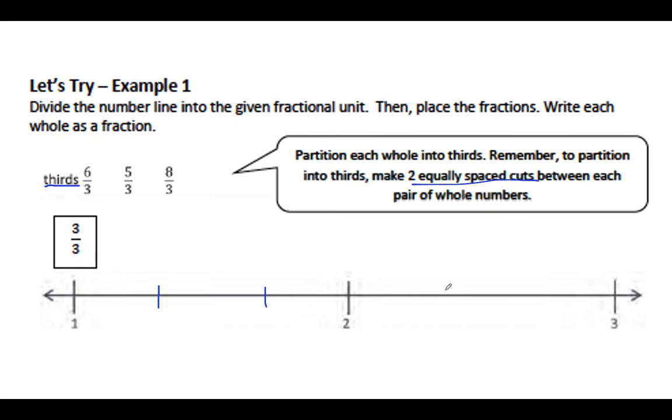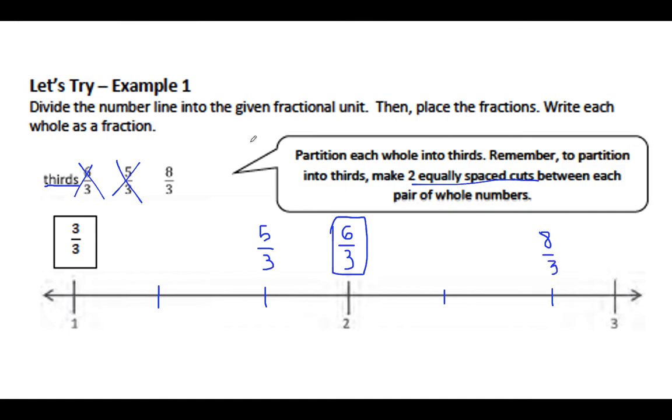Okay, now I'm going to do it up here. Great. Now they want me to label these. This is 3/3, so 4/3, 5/3. Let me mark that one down. I'm only labeling the fractions they want me to begin with, okay? 5/3, 6/3, and 6/3 is the equivalent fraction for 2 wholes. So I'm going to put a box around it, okay? 7/3, oops, let me cross that out, okay? 7/3, 8/3,